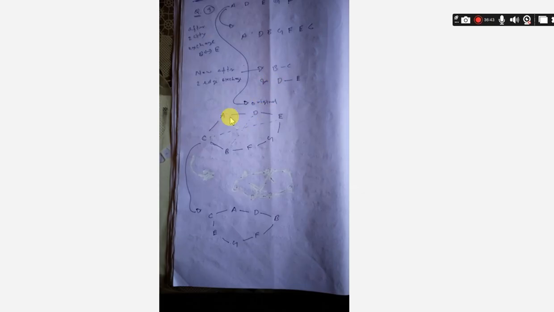From ADE, D will go to B, and E will go to C. It will be cut like this. So what it will become: A, then in the place of D it will become B,